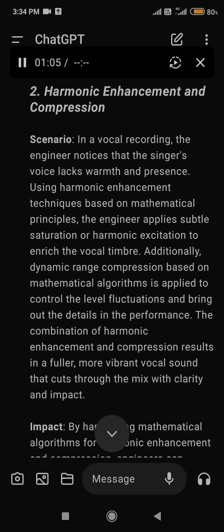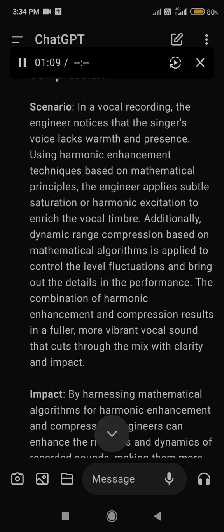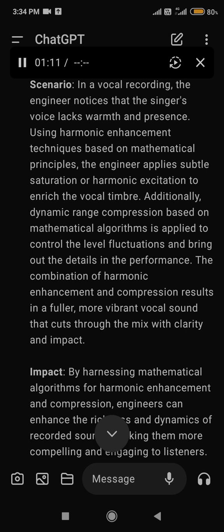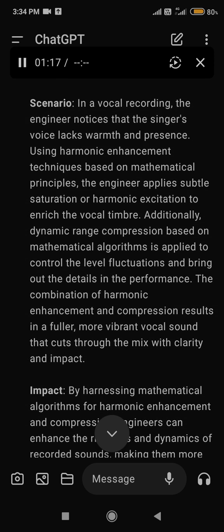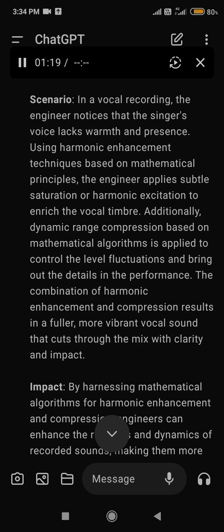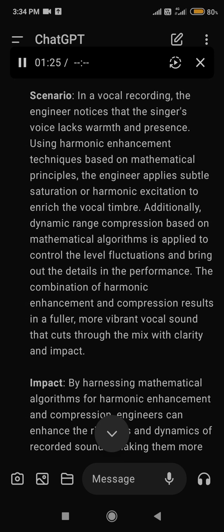2. Harmonic enhancement and compression. Scenario. In a vocal recording, the engineer notices that the singer's voice lacks warmth and presence. Using harmonic enhancement techniques based on mathematical principles, the engineer applies subtle saturation or harmonic excitation to enrich the vocal timbre. Additionally, dynamic range compression based on mathematical algorithms is applied to control the level fluctuations and bring out the